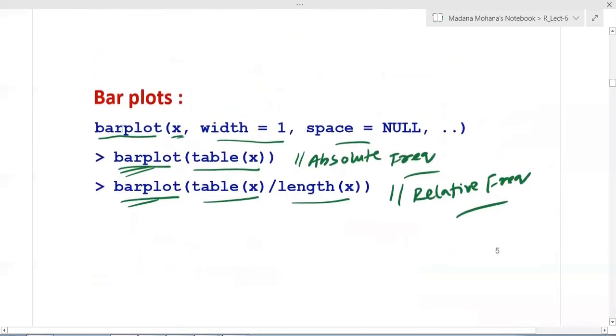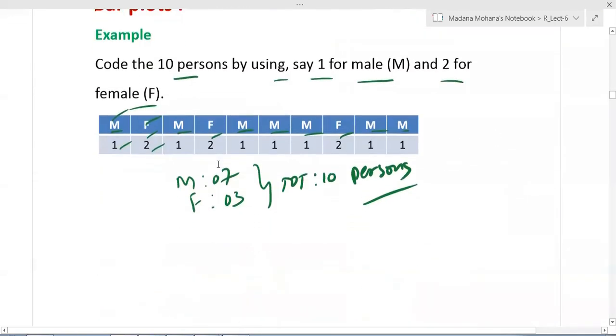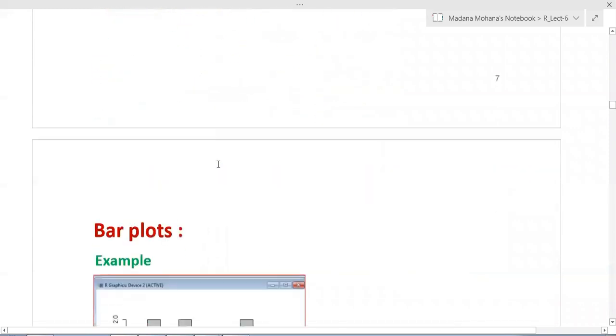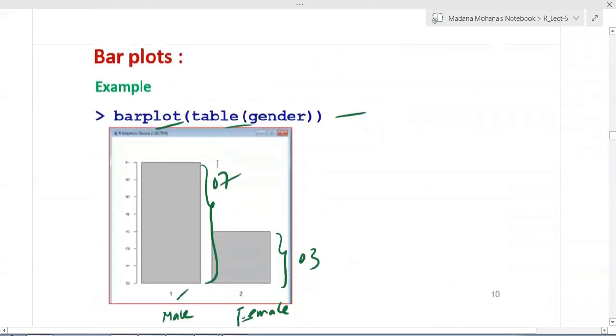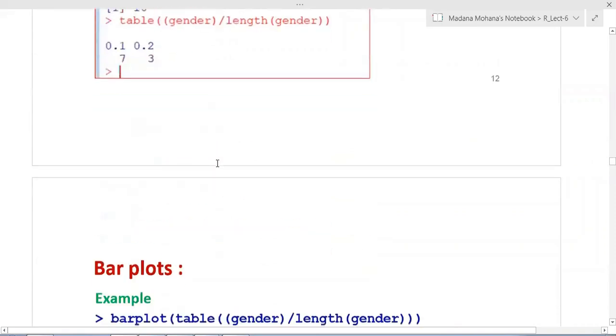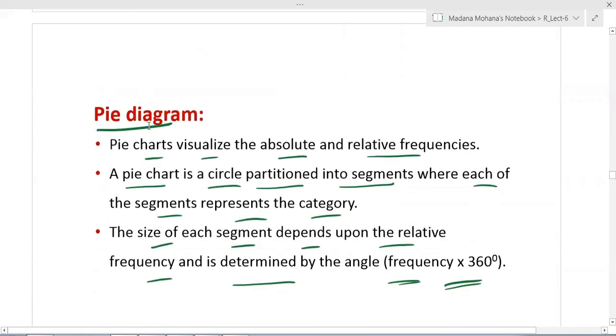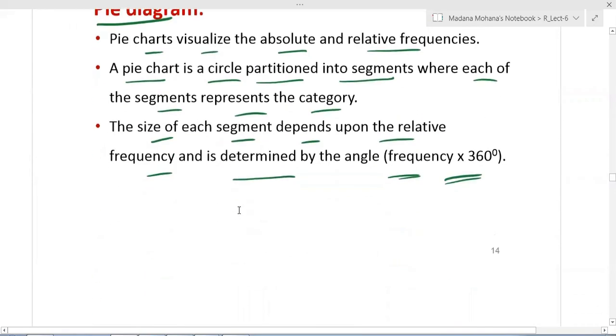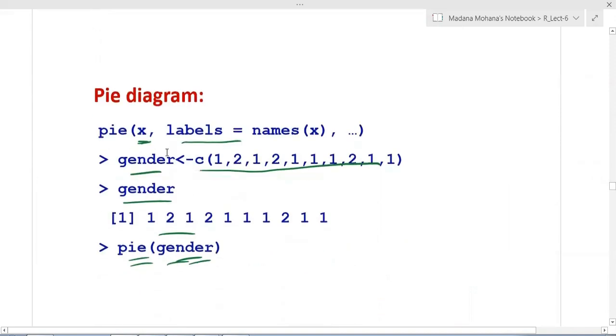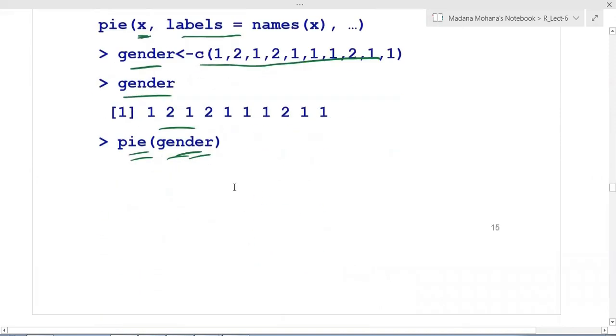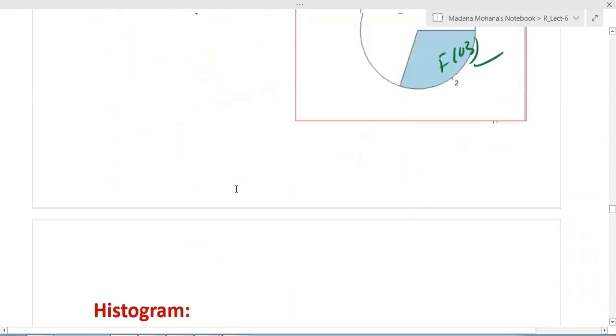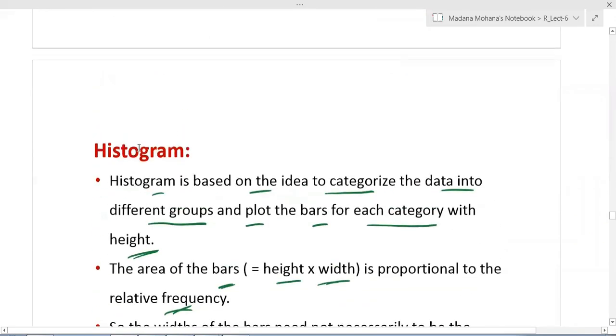The syntax is BARPLOT. Then the second one, pie diagram. The syntax is simply PIE. Pie diagram, circular partition. Here also absolute and relative frequencies are used. Then the third one, histogram.